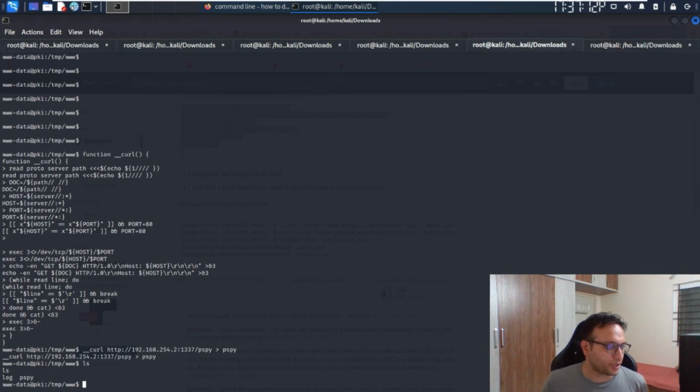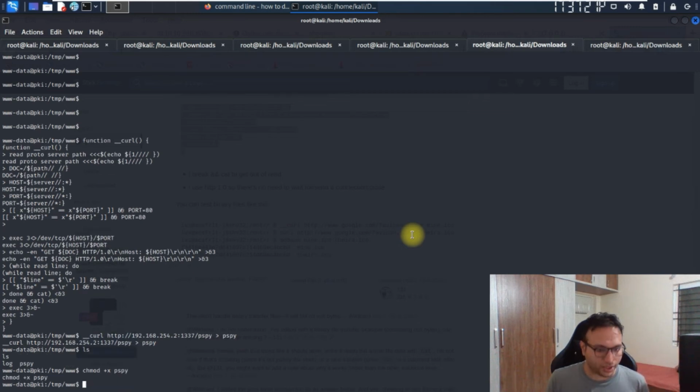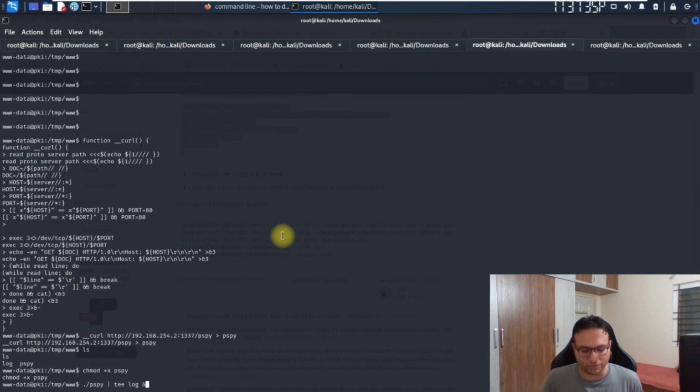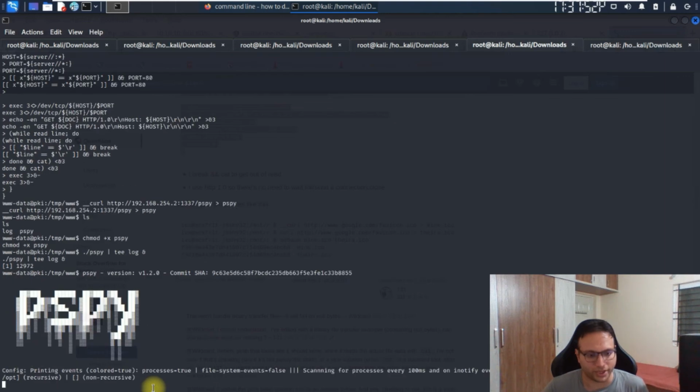So what else do we have to do now? We simply have to change the permission, and now we have to see the logs of it. Along with the logs, one more thing I'm doing over here. Normally we can fire this command without the ampersand, so we can avoid it also. But why I'm using it over here is so I can see the logs, and after that I can use the same shell again and again. Let me fire it to show what I mean.